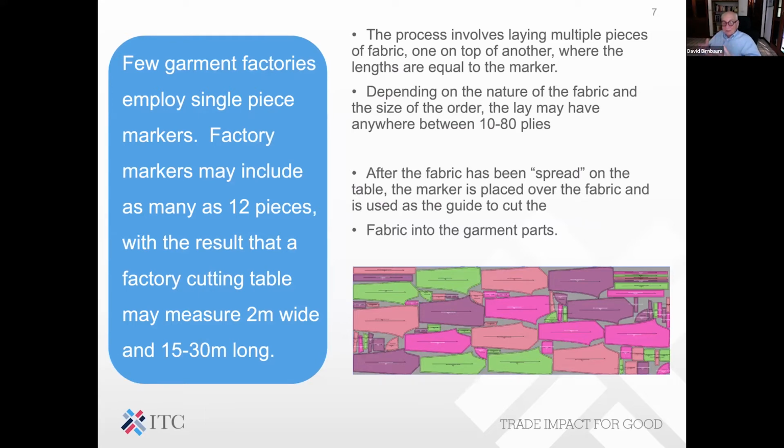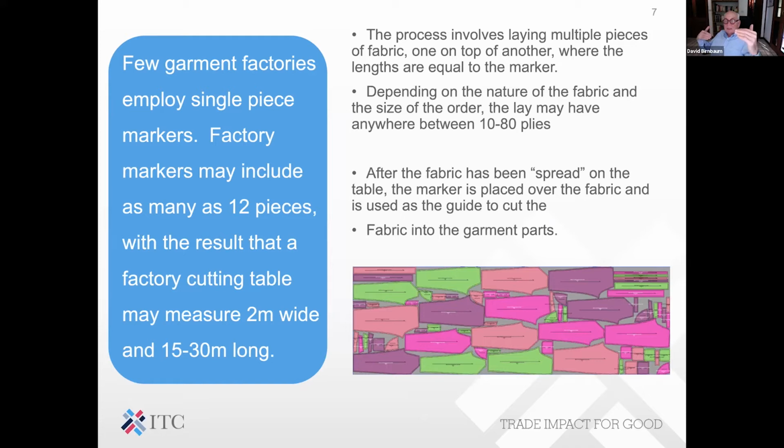The different colors represent different sizes. We've lumped sizes together, okay? And we've made a marker of anywhere between 4 and 12 pieces. If you go to a cutting department, you'll see that the size of the table is generally about 15 meters, as much as 30 meters for particular items such as men's suits, and about 2 meters wide. This is the reasonable marker. Now,